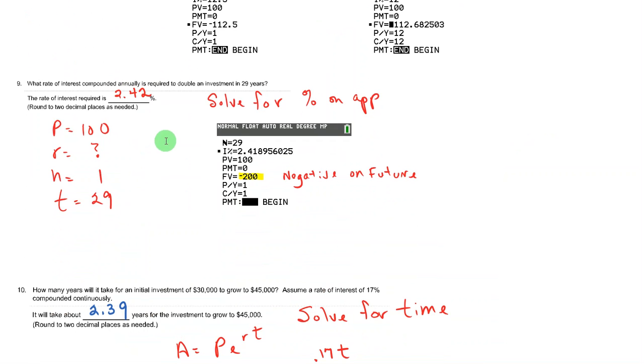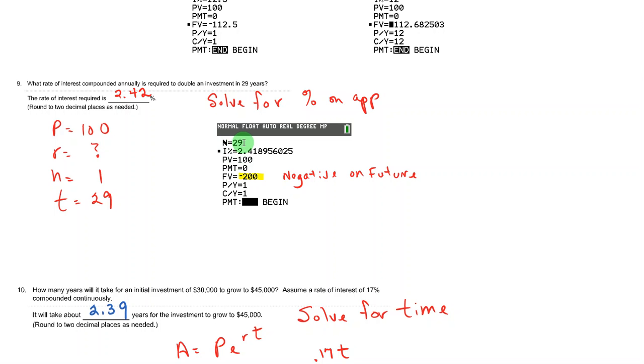This one you're solving for the interest rate, so you can still use your app. So you're putting in $100. You are solving on this interest rate. You are trying to double your investment in 29 years. What I decided was it doesn't matter what numbers you use, you're just talking about doubling. So I said, what interest rate is going to let me put in 100 and end up with 200. So put your 200 in as negative on the future, put your 100 here,